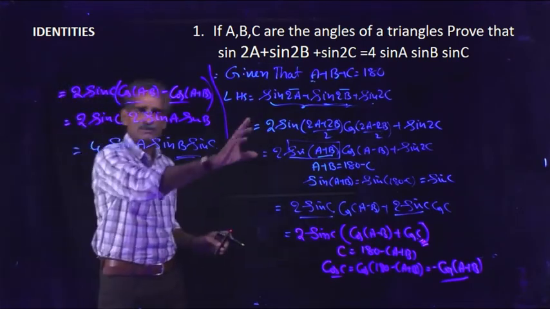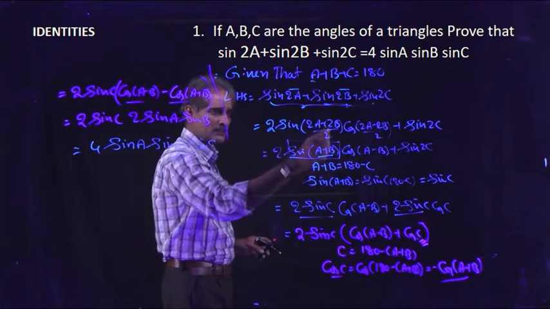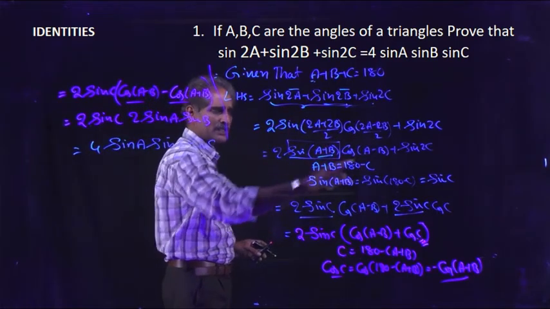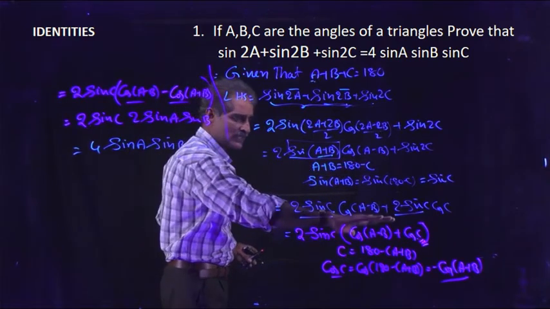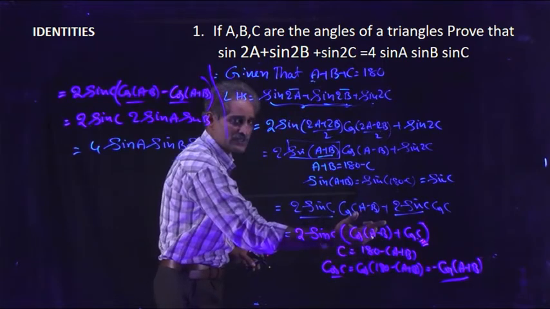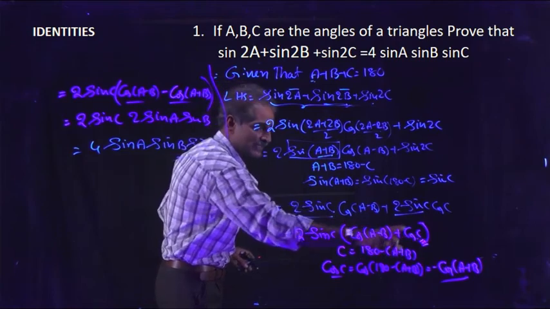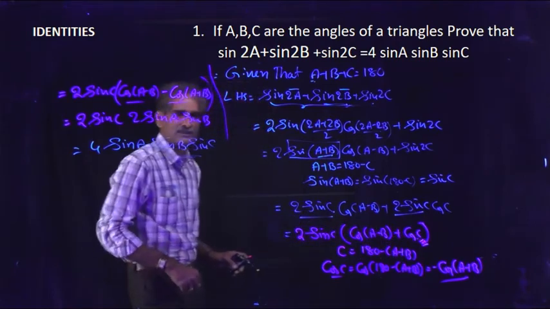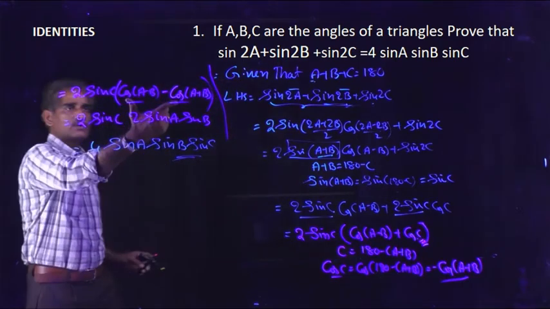First apply the formula for any two. Try to change the possible angle. Here we can't change the angle, but here we can write 180 minus C. From this we can take common factors. Again try to apply the formula. Here we have the relation A plus B plus C, with the help of which we can write cos C in terms of A plus B: cos C is equal to minus cos (A plus B). We will get this form.